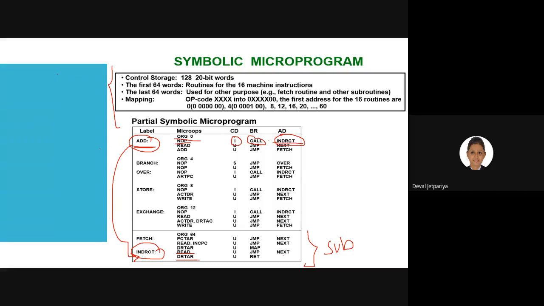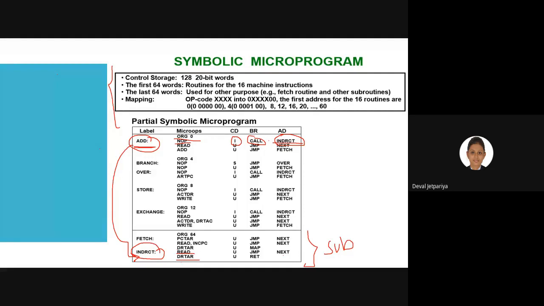Now, why do we directly approach the data register here? Because memory only communicates with the data register. So the first address we have stored in the data register, and from that we are transferring it towards the address register, right?